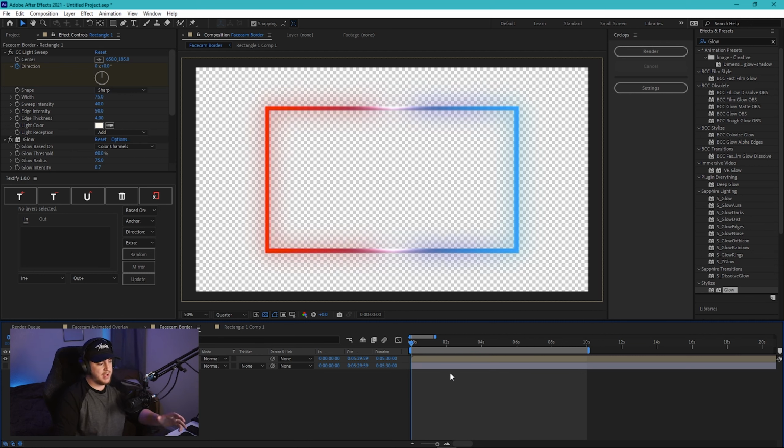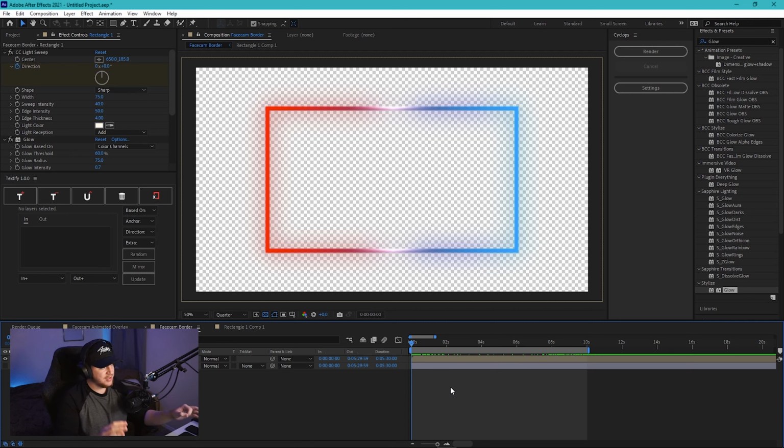So from here, this is why I recommended you guys actually set your thing to 10 seconds and made sure it was enclosed, because basically what the work area end and work area start represents is the areas that it's going to render. So for example, it's going to render 0 to 10 seconds of this animation, and as soon as it ends, it's not going to render anything else past it, which is why I recommended you guys did 10 seconds. That way it was easier to loop and other things like that.